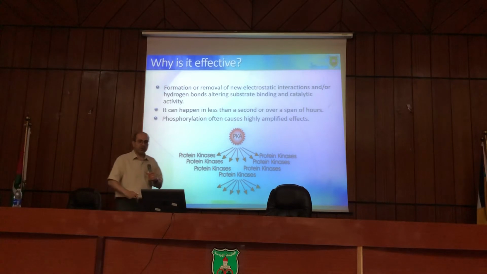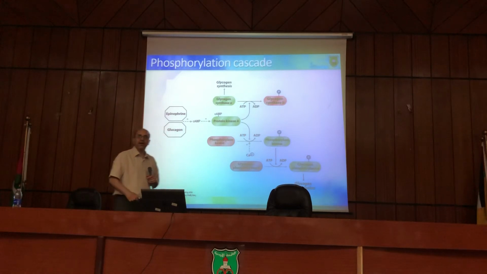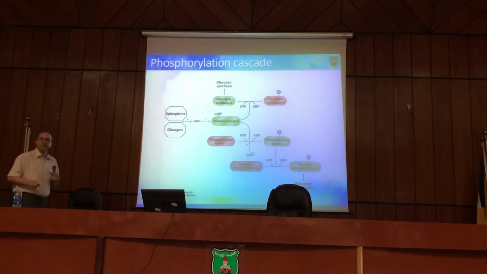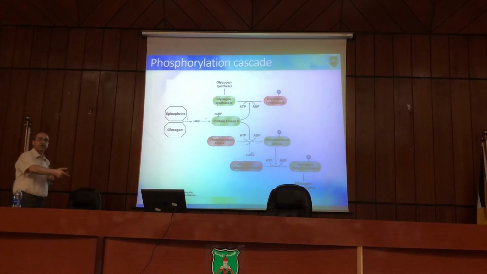Let's say, for example, that you have, let's go back here to this slide. So let's say that you have 10 receptors on the cell surface, usually it's more than that. These 10 receptors would activate 10 adenylate cyclases. These 10 adenylate cyclases would produce a lot of cyclic AMP, let's say 1,000. Now, these 1,000 cyclic AMPs would activate also a large number of protein kinases. Protein kinase A would phosphorylate many of these phosphorylase kinases. And each one of these would activate many of these